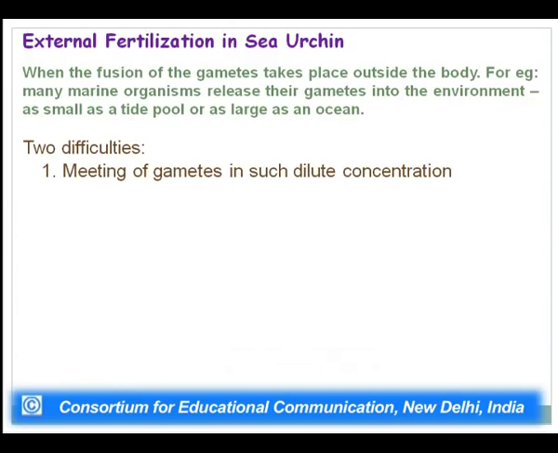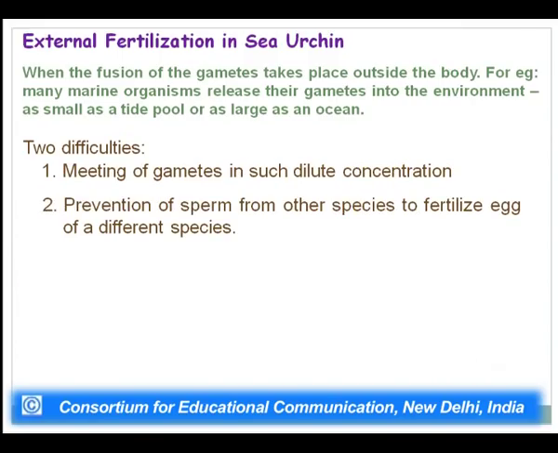First is the meeting of the gametes in such dilute concentration. When the gametes are released into the external environment, obviously the environment is too large. For example, in a large ocean, whether the two gametes can come into contact with each other is at stake. When they are open in the environment, it is a very dilute environment. So the first difficulty is the actual physical contact of the two gametes. Then the second difficulty which external fertilization faces is the prevention of sperm from other species